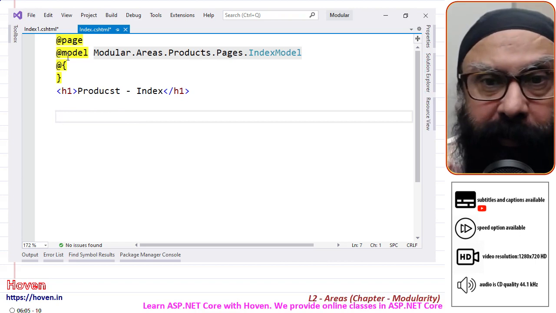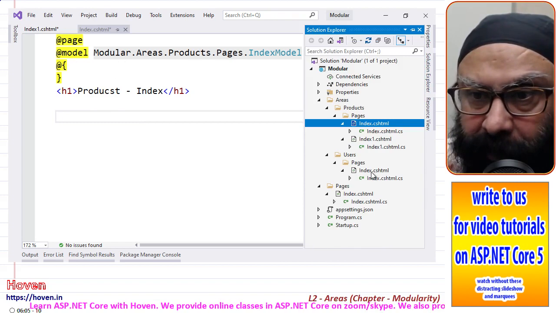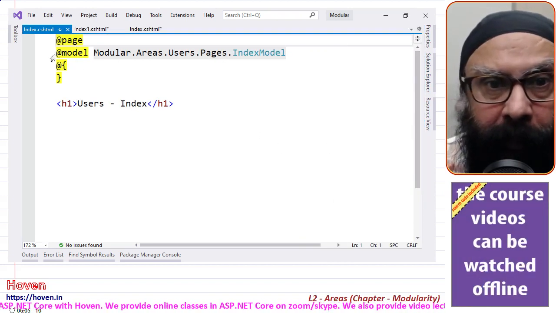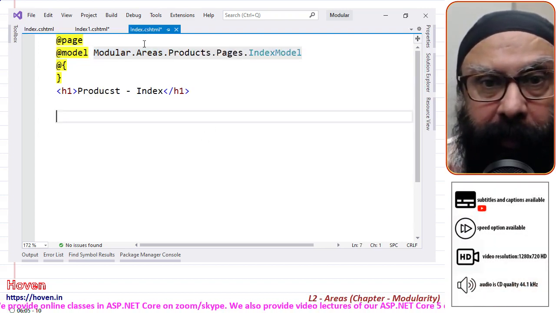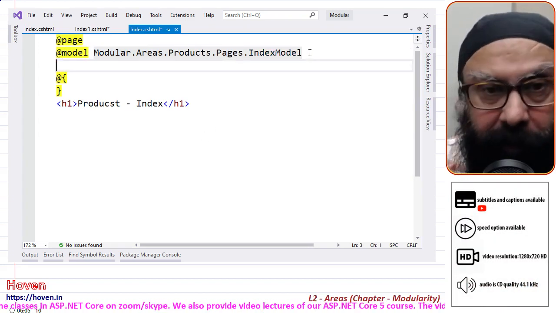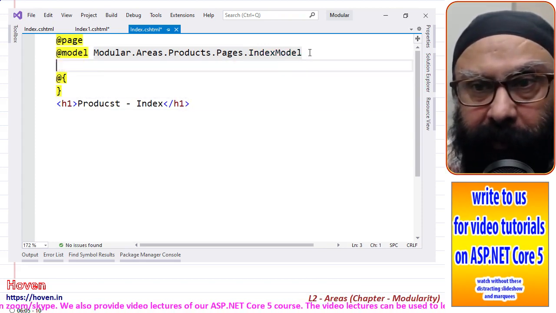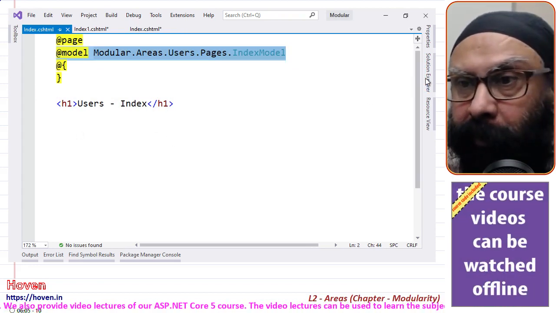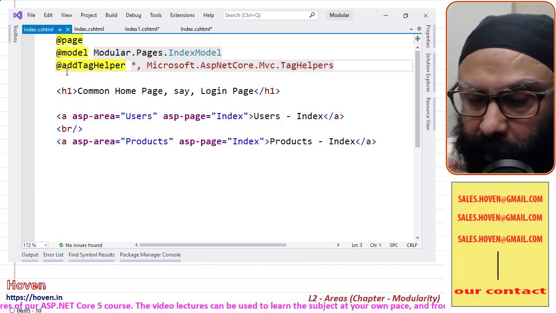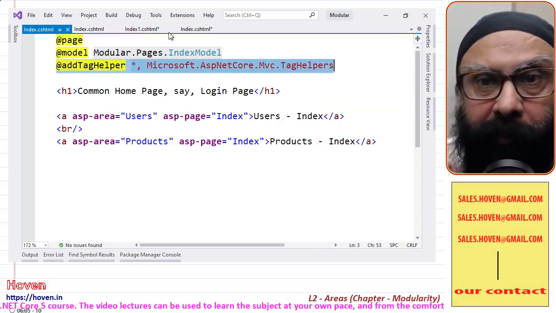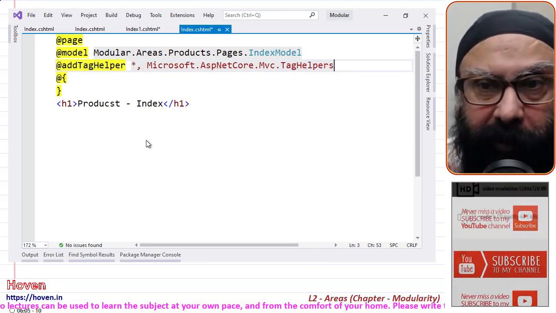The purpose of writing this is that I will now show you that if I use that tag here, you must have noticed that we don't have a tag helper here. I will bring that tag helper also. I will copy it and bring it here. I'll come to the root, because I have the add tag helper. I usually copy it, it's difficult for me to remember, so I have pasted it here.